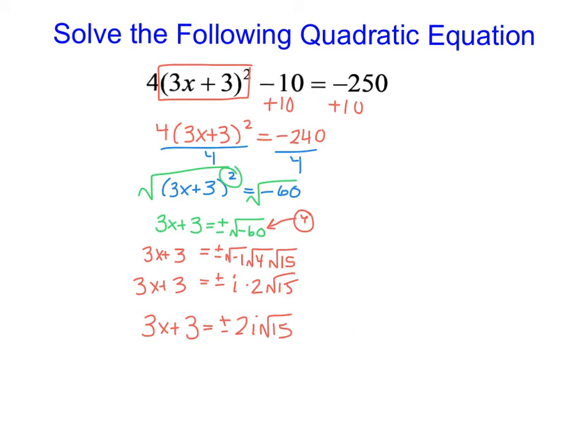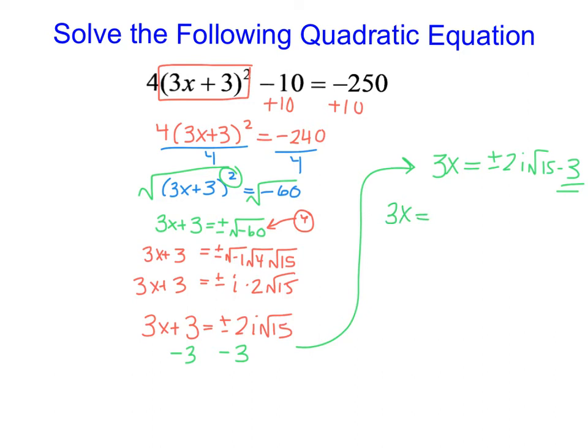Now from here, I'm going to start to get the x alone, so I subtract 3 from each side. So this would become 3x is equal to, you can write it as plus or minus 2i times the square root of 15 minus 3, but it is more common practice to write the real part first. So I'm going to write this as 3x is equal to negative 3 plus or minus 2i times the